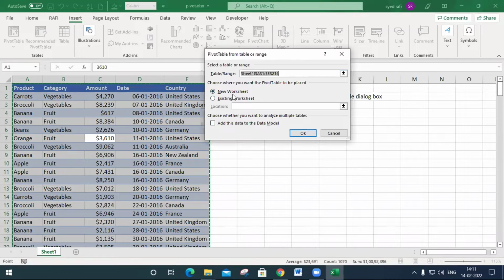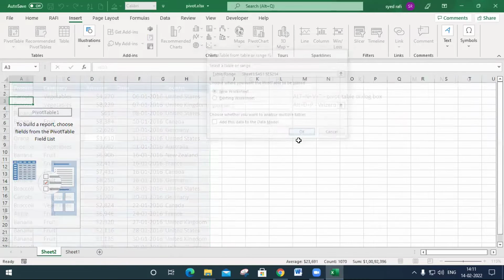One more thing you must remember: you must create the report in a new worksheet or an existing worksheet. I select a new worksheet and click OK.